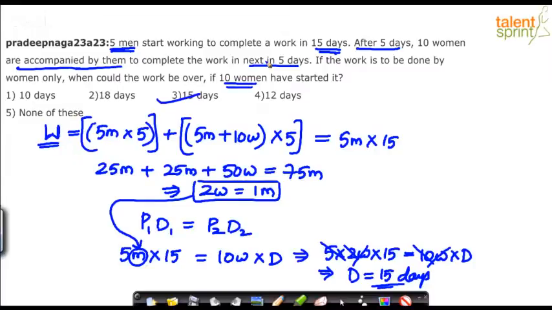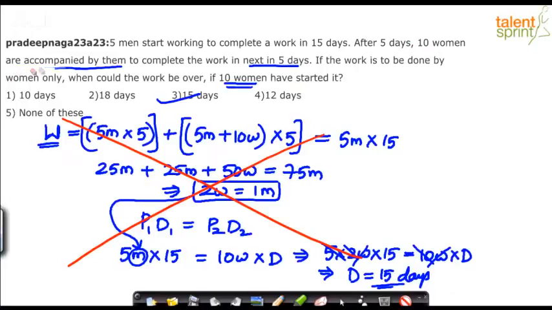Yes. Now let me give you a smart way of solving this question. You need not do all this to arrive at the answer. You can cut it down. If you have followed the regular solution, now it will be easy for you to follow the smart way of answering this. See, the point to be noted here is, we know that 5 men can complete a work in 15 days. After 5 days, what happened? 10 women joined them to complete the work in next 5 days. So the point to be noted is,